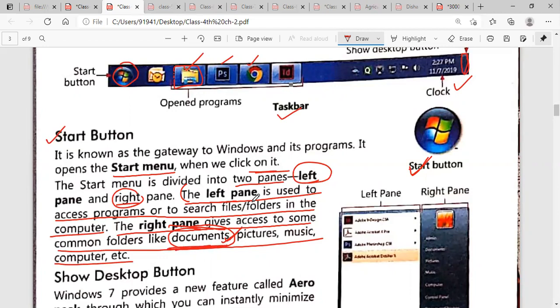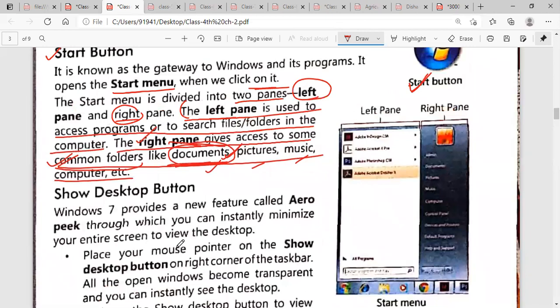Now, what is the left pane? It is used to access programs. You can search any file or folder in the computer by using the left pane. And what is the role of the right pane? It will give access to some common folders only, like your documents, pictures, music. Only these things you can access by using the right pane.